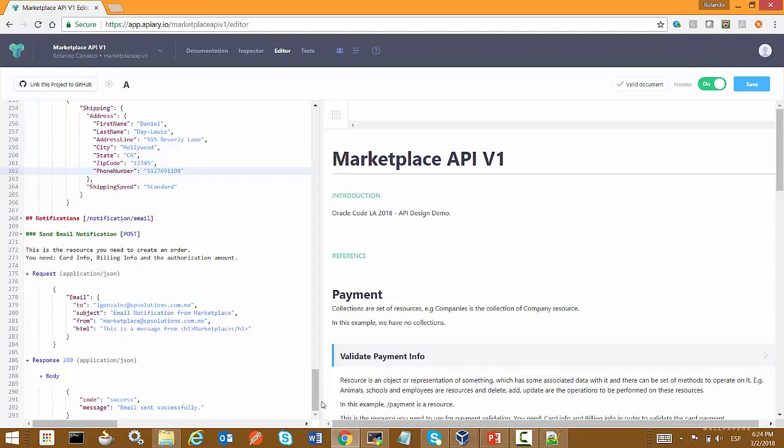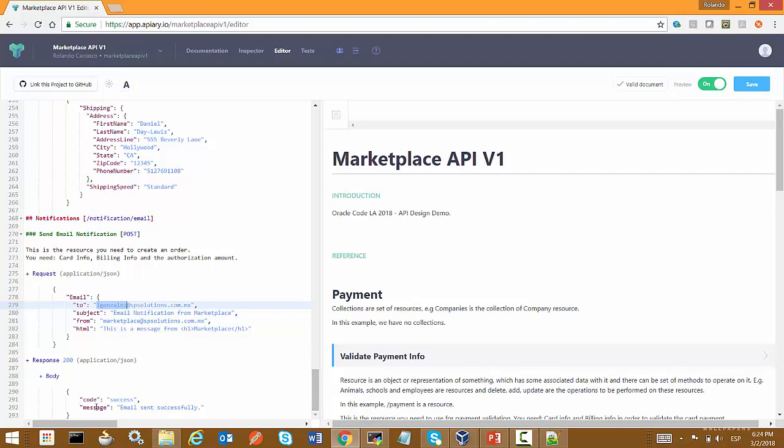Imagine we need to send an email notification to my customer in order to indicate that the order was shipped or is ready for shipping, and then I'm going to use a different resource that I need to define in my API. Let's say it's an email notification, and I'm going to use as input the email address of my customer, a subject, and a message that I need to include in my email.